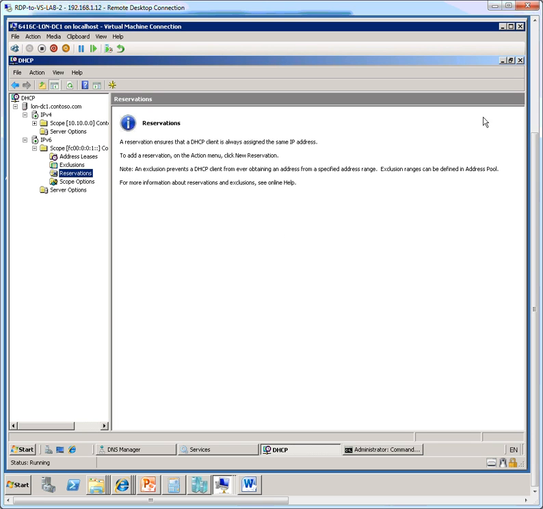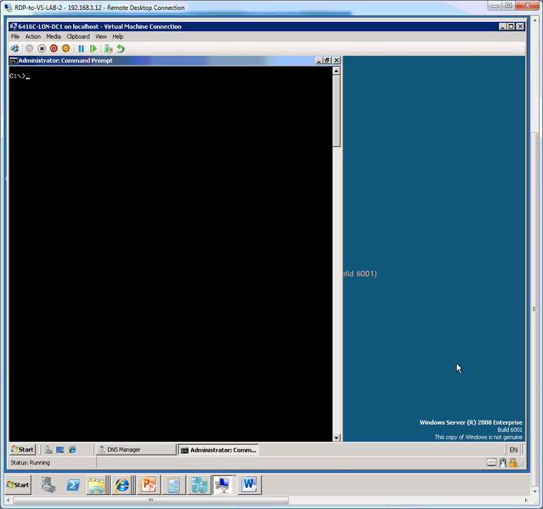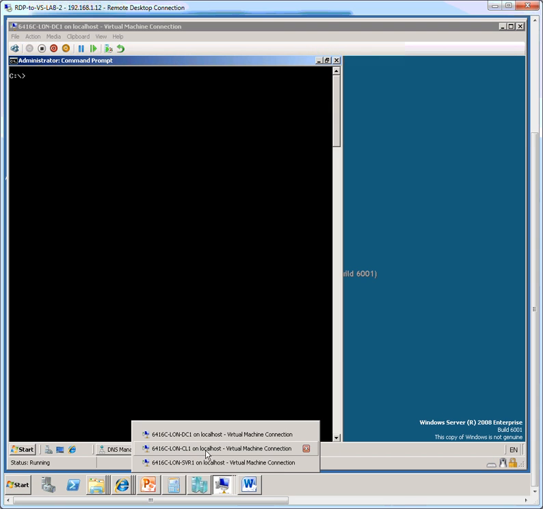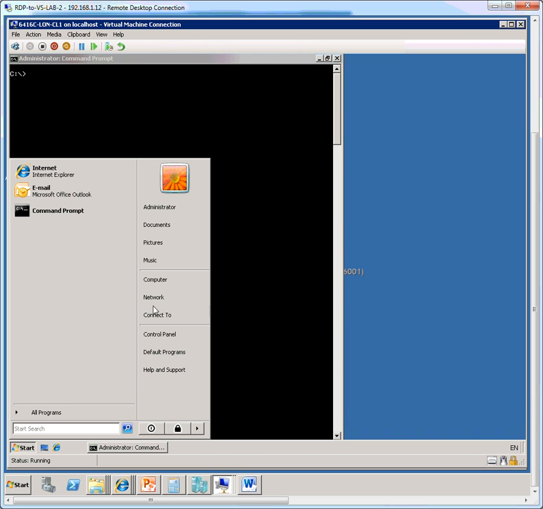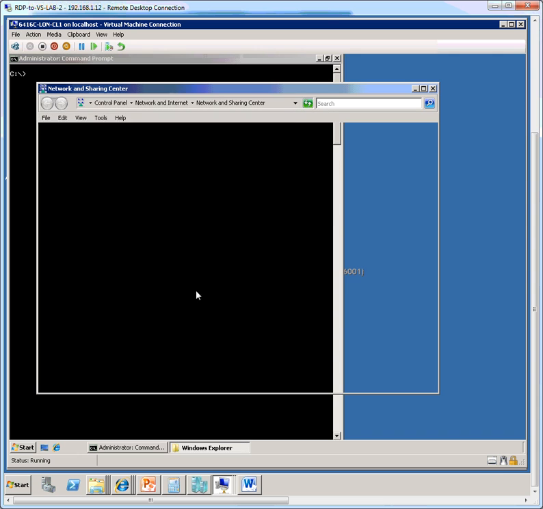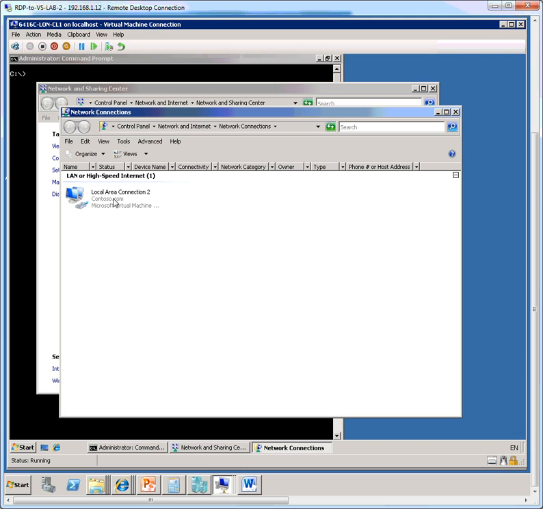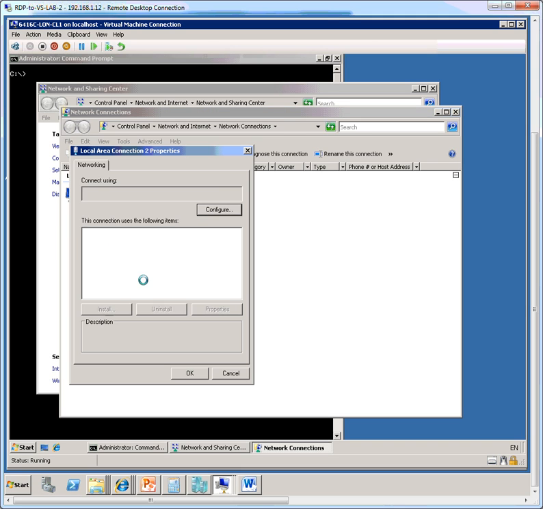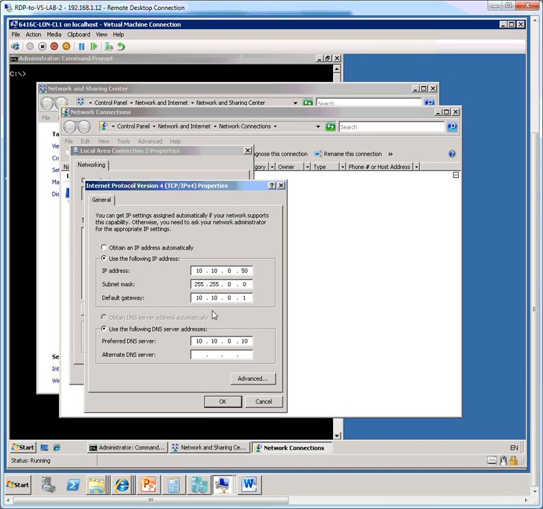So now what we do is we can go ahead and close the DHCP manager, and we're going to close services here, and then let's switch over to the client machine Lund-CL1. So on the client machine now, let's open the network properties, and I'm going to bring up the properties of the local area connection. So here let's choose the properties of the IPv4, and for version 4 of IP, we're going to